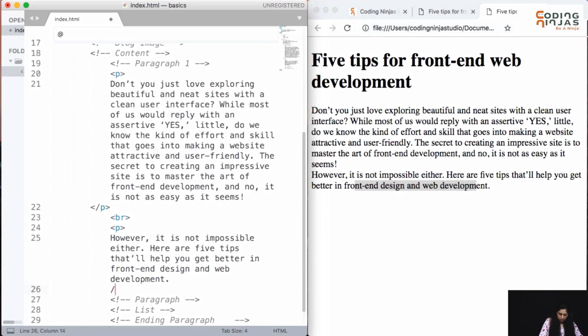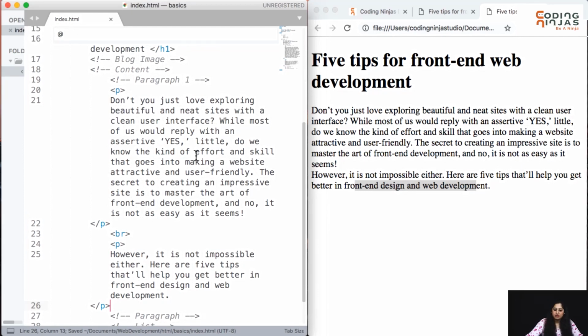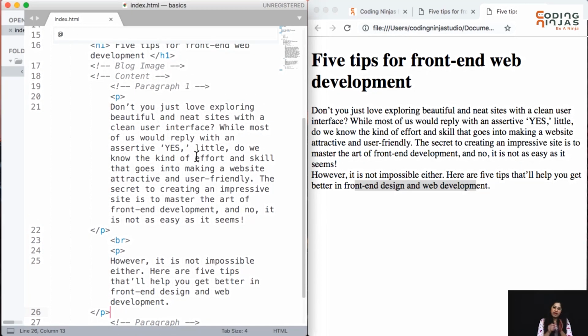Why are we actually using the paragraph tag? Although we were able to achieve the same thing without using it. We want to semantically group logical lines into one section. So it makes sense that we group all the lines belonging to one paragraph under the paragraph tag, so that later on when we learn CSS and want to apply different styles to one complete paragraph, we are able to do that. So I am enclosing one complete unit, one complete paragraph, within a paragraph tag.